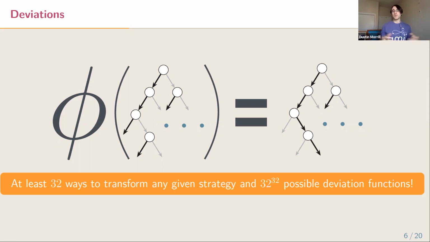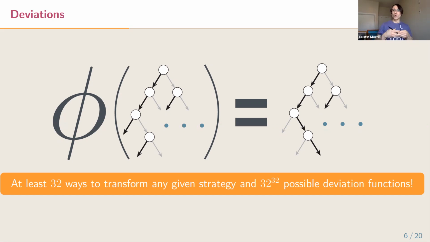So it's not going to be feasible to work with the full set of deviation functions and ensure hindsight rationality with respect to that set. Instead, we're going to need to restrict the set of deviation functions that we're looking at to a smaller, less complicated set. And the way we're going to do that is by enforcing that our deviations need to conform to the information structure of the extensive form game.